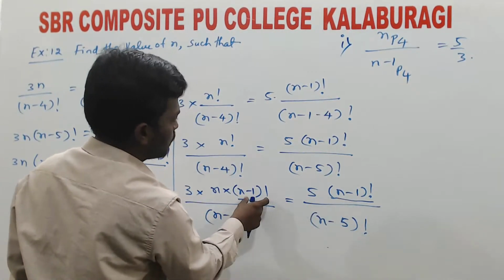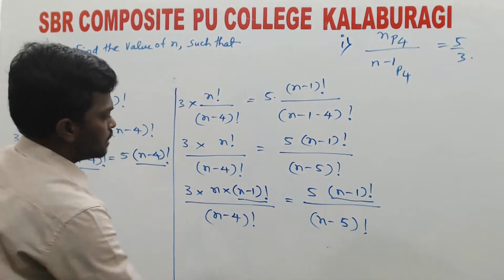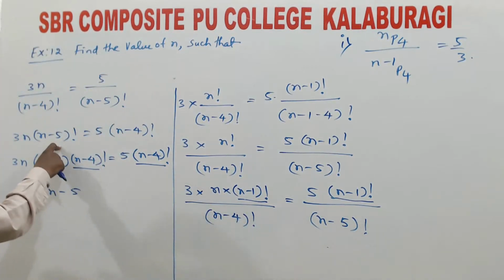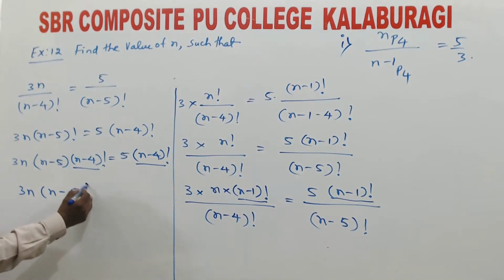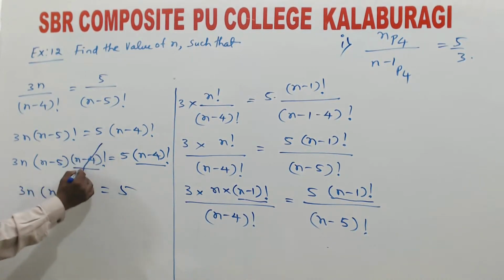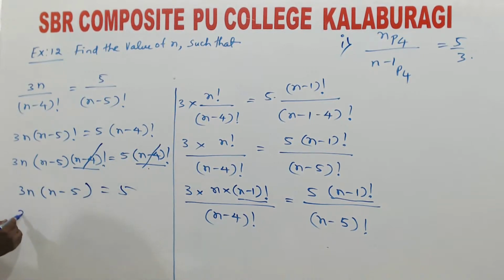So (n minus 1) factorial gets cancelled. Yes, students. So now next, 3n (n minus 5) factorial, cross multiply. So it is 9 (n minus 4), which is equal to 5 (n minus 4) next. So 3n square minus